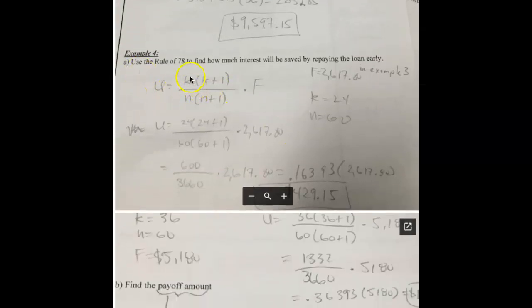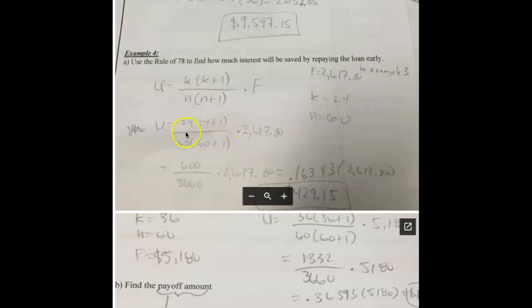Your unearned interest equals, here, the number of remaining months times the number of remaining months plus 1 divided by n is the original number of months. So the original number of months times the original number of months plus 1, and then you multiply by f here, which is the original finance charge. So anyhow, remember K in example 3 was 24, so we plug in 24s for K. The original number of months was 60, so we plug in a 60 for N, and the original finance charge from that problem is